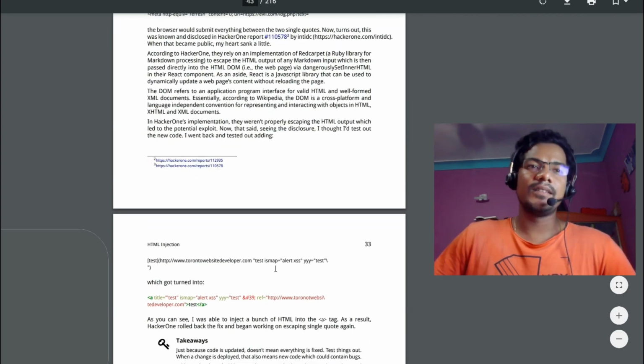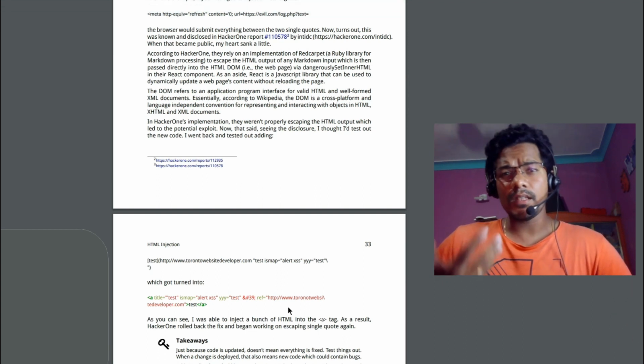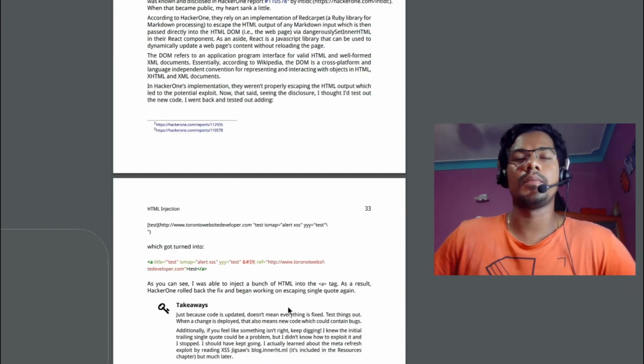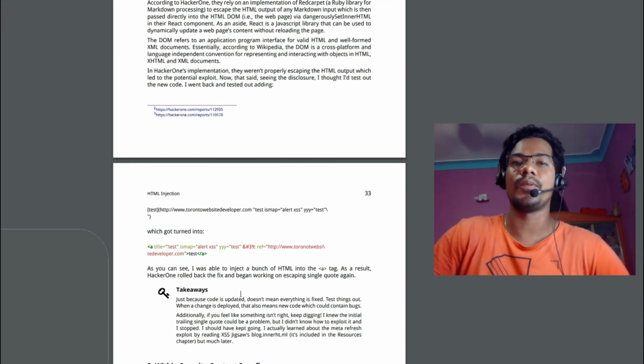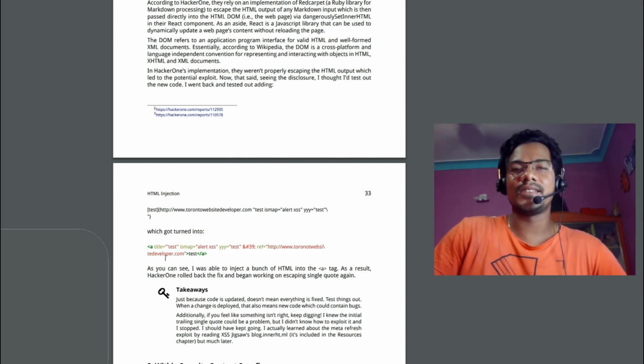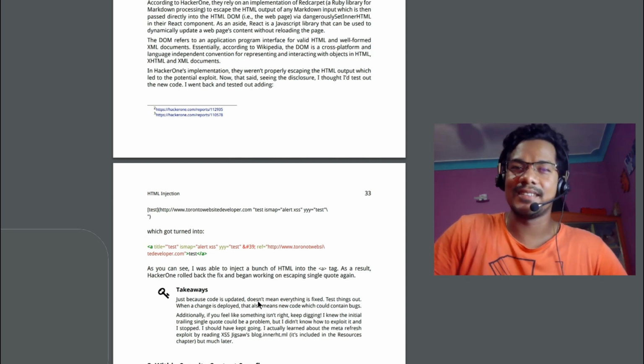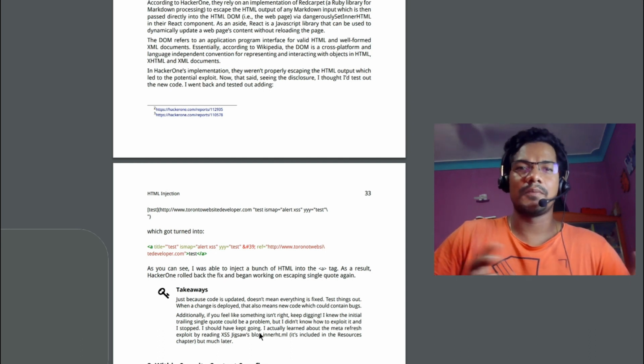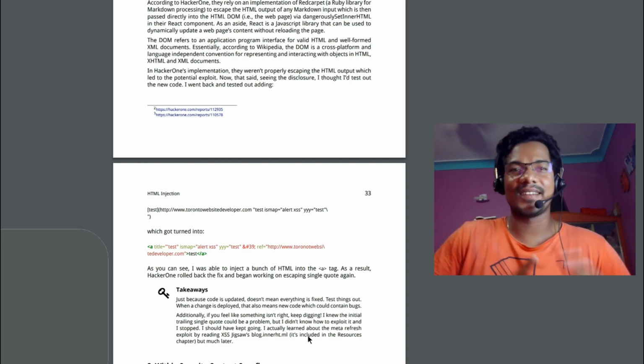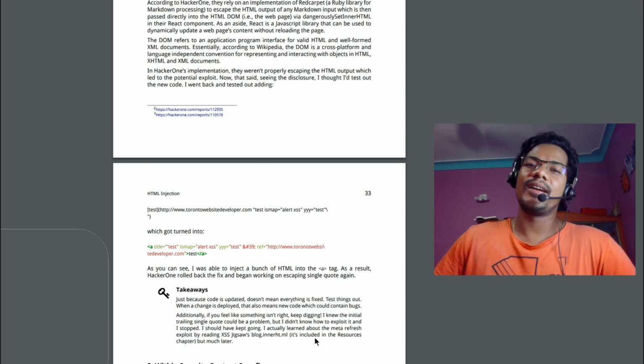So yeah, HTML injection is also one of the common issues that you must know, because while testing for HTML injection, I would always say try to leverage the HTML injection into an XSS or something else. If you have found that some script tags or less than and greater than tags are enabled, go ahead and try for XSS.